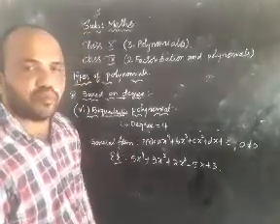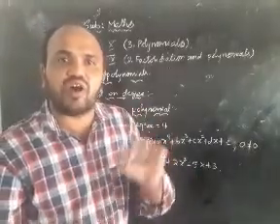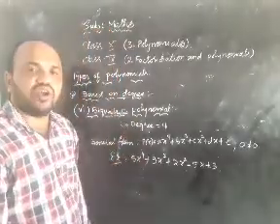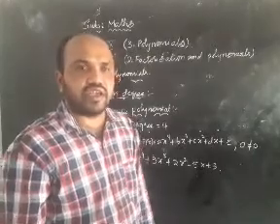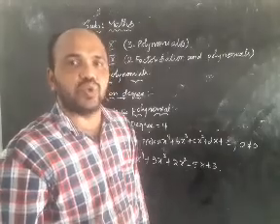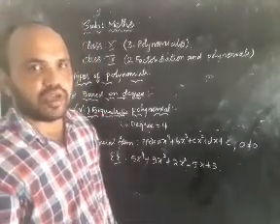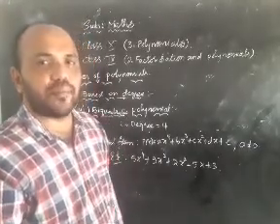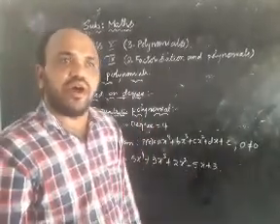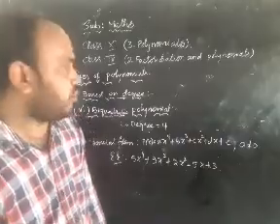Next, we have discussed the types of polynomials based on the degree. If degree is undefined, we call it a zero polynomial. If degree is 0, a constant polynomial. If degree is 1, a linear polynomial. If degree is 2, a quadratic polynomial. If degree is 3, a cubic polynomial. If degree is 4, a biquadratic polynomial, and we have written the general forms of the linear, quadratic, cubic and biquadratic polynomials.